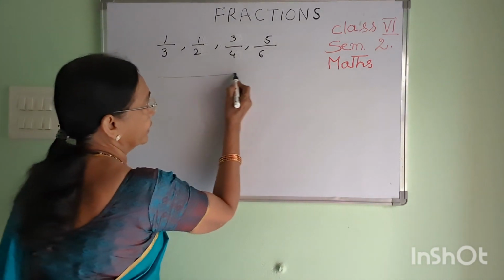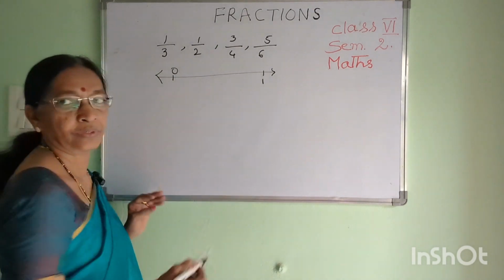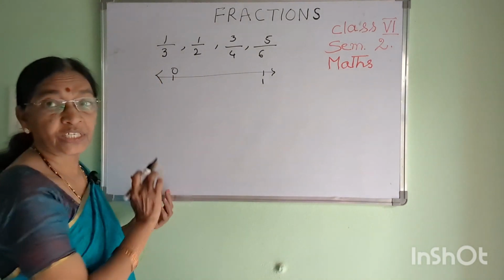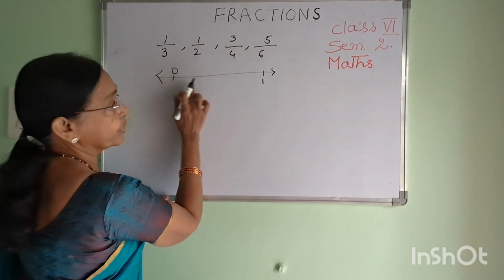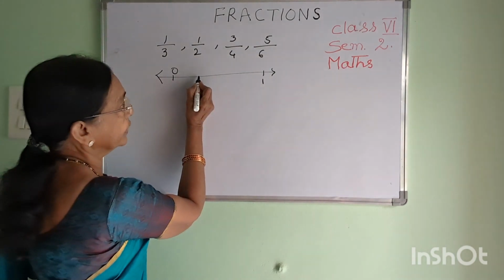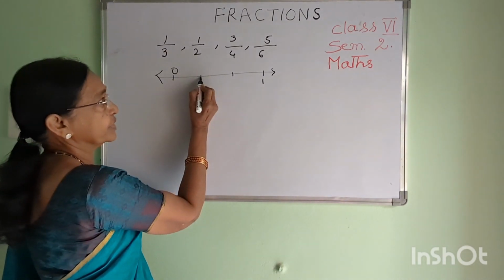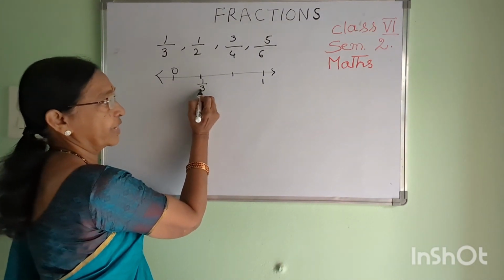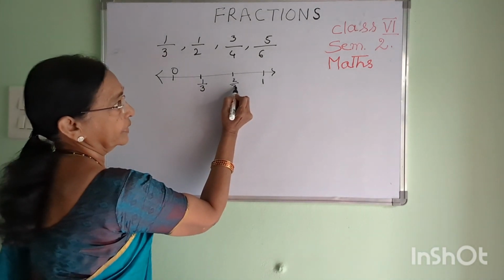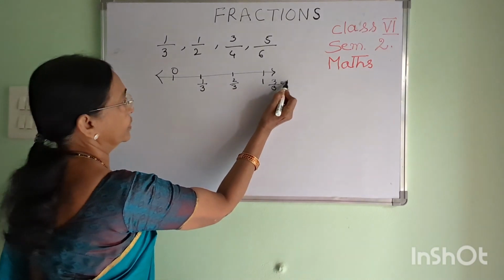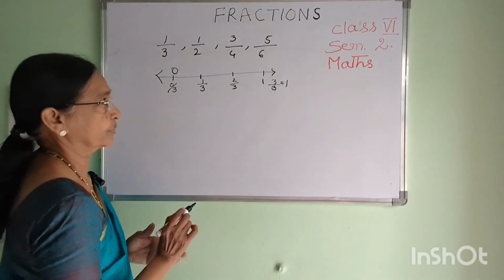First take a number line, 0, 1. To show the fraction 1/3 on the number line, divide this portion between 0 and 1 into 3 equal parts. Then this point, the first point, shows the fraction 1/3. Then this becomes 2/3. This is 3/3. 3/3 is equal to 1, and this is 0/3. 0/3 is equal to 0. Next,